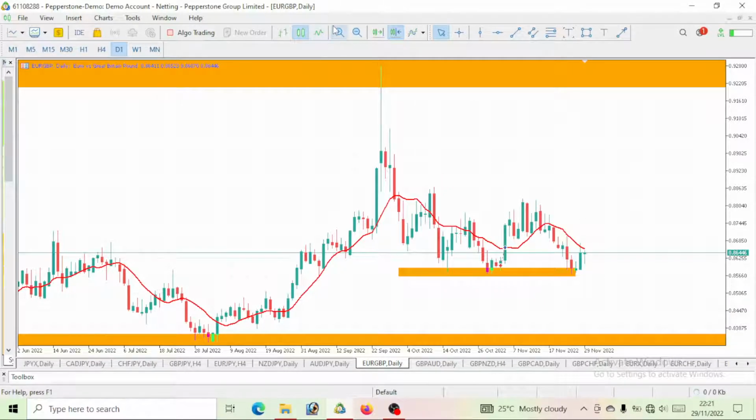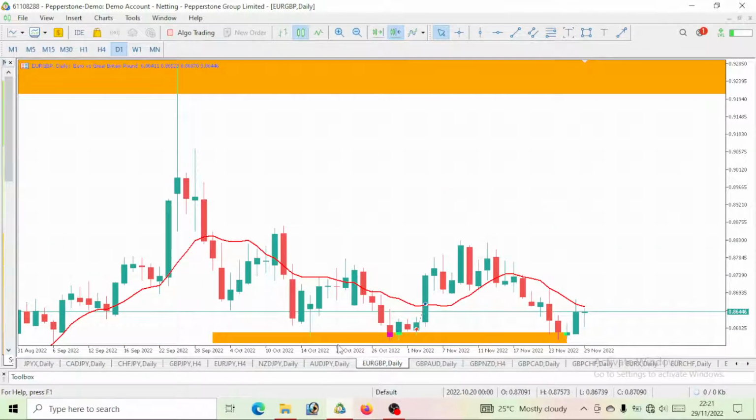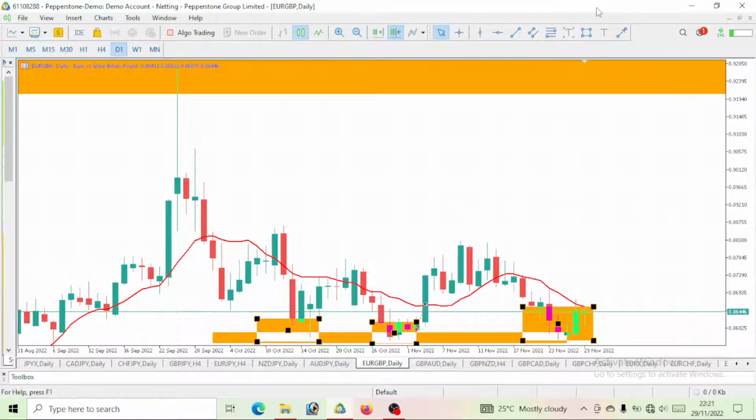Then we are now seeing a reaction on this EUR/GBP. You can see that price dropped to this level, and we saw a reaction where price went up. Price came to this same level again. Price rejected at this level, it went up, right? And now price has dropped to the same level again, and we will be expecting a bullish move on this